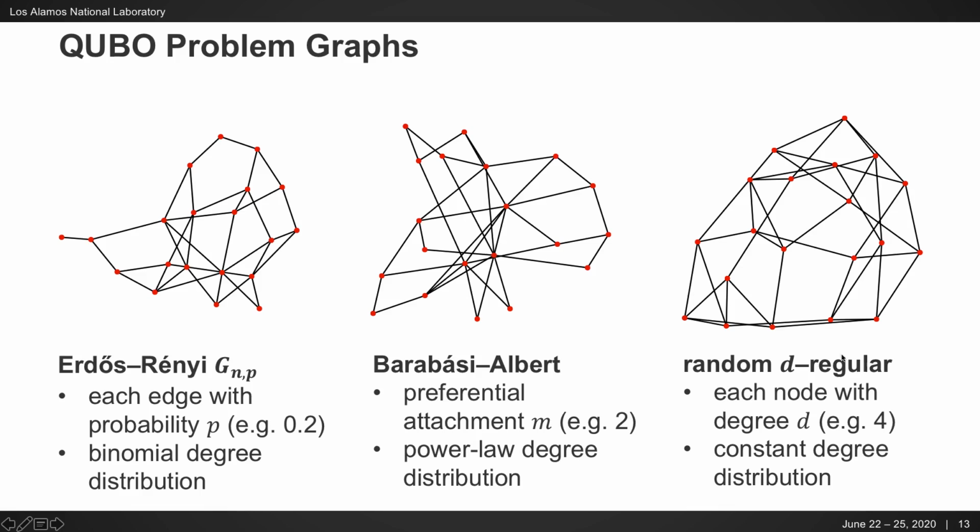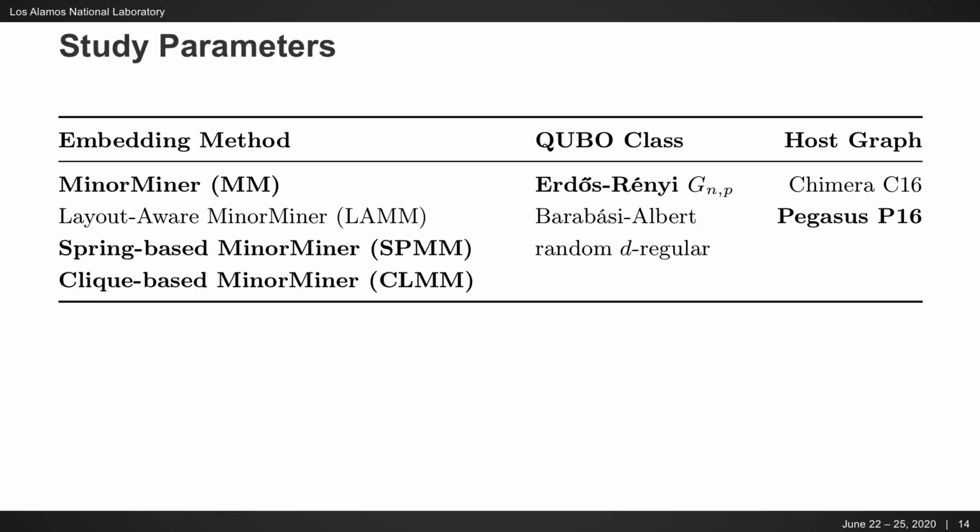And finally, we looked at random d-regular graphs, where each node has the same degree d, here for example degree 4, and where we have a constant degree distribution. So overall, our study parameters look like this. We have our 3 QUBO classes, our 2 host graphs. As